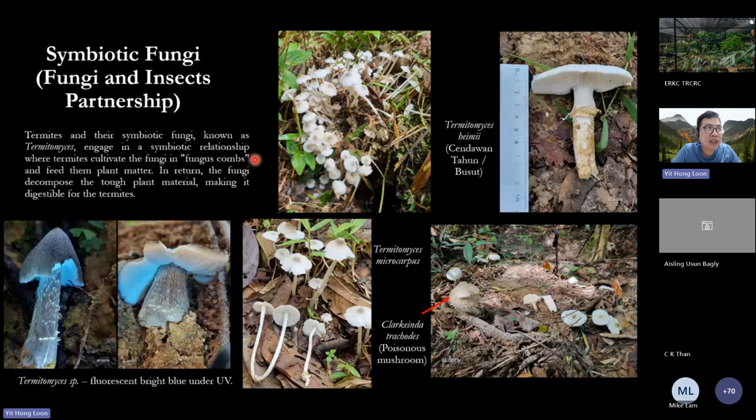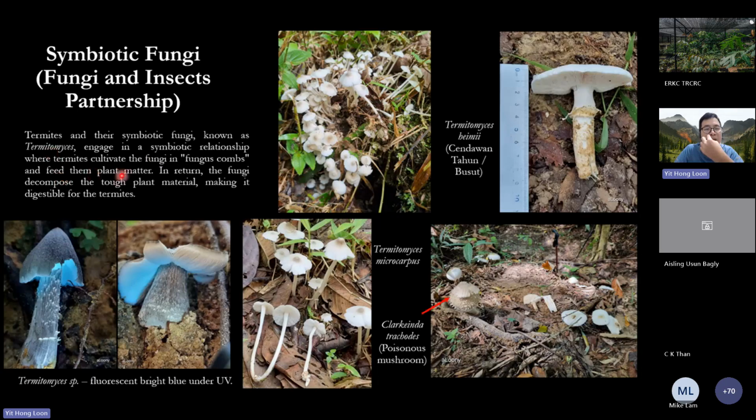Okay, just now I mentioned mycorrhizal is actually a partnership between tree and fungi. Fungi can also do partnership with insects. One example here is termites, which build a home for the fungi called a fungus comb. So the built home for the fungi will grow in that chamber, and then the fungi will feed the termites